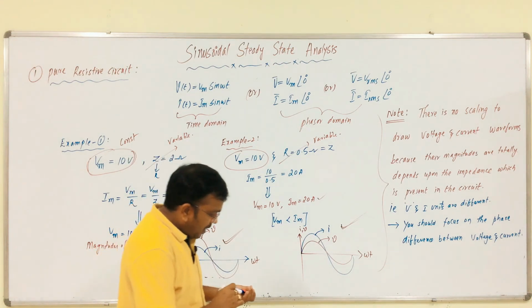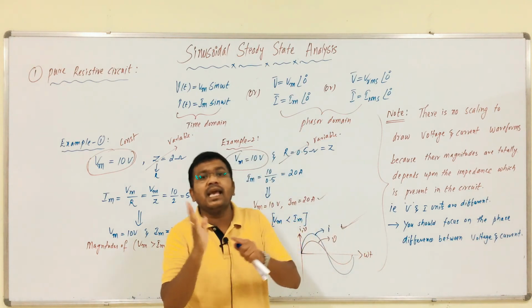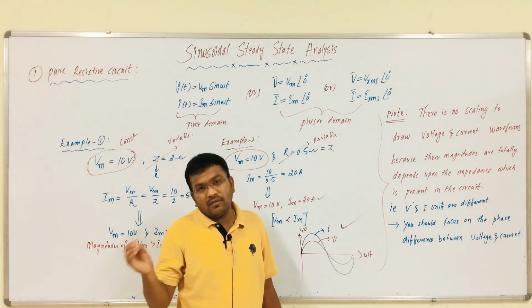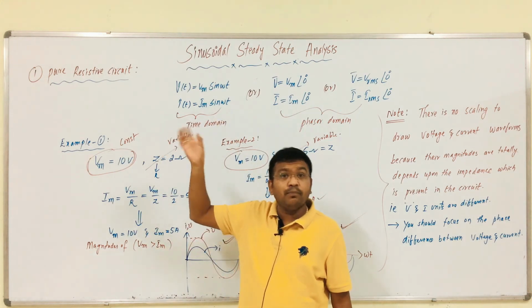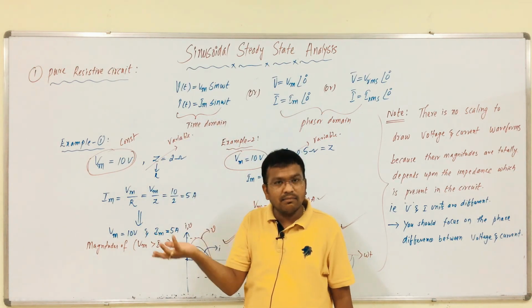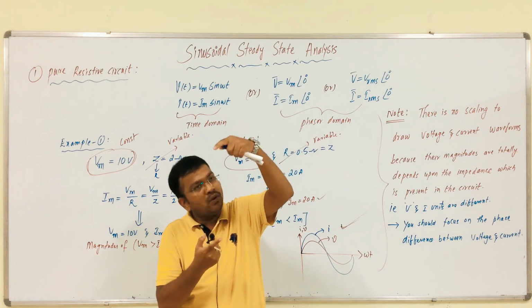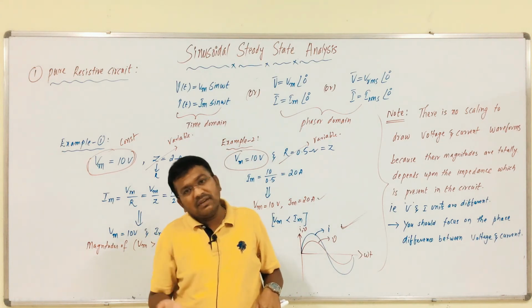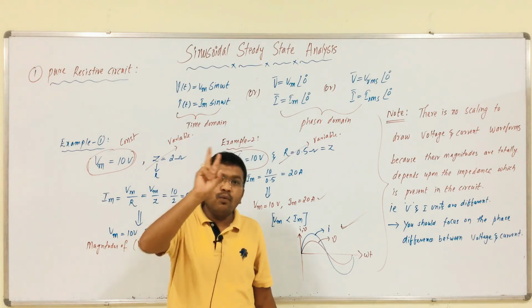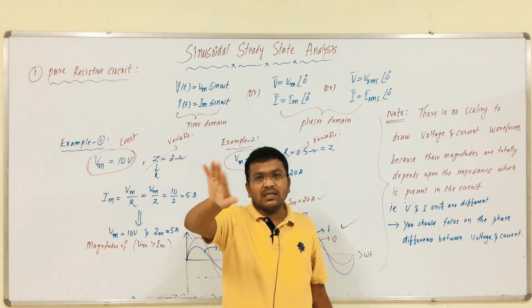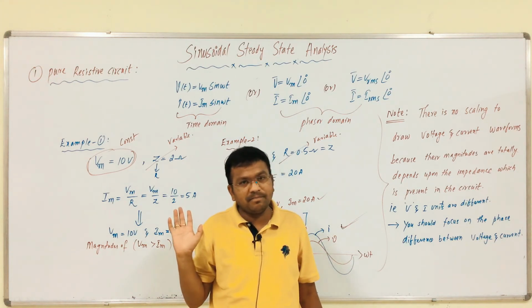Clear? So, if we consider a pure resistive circuit, for that pure resistive circuit we are providing AC excitation. Clear? For that the voltage is what? Vm sin omega t. So, here the circuit is what? A pure resistive circuit, therefore Vm by R is nothing but Vm by Z, the maximum value of current. So, between those two quantities, voltage and current, there is no phase difference, that is 0 degrees phase displacement between voltage and current. Therefore, both the voltage and current phasors are in phase with each other. Okay, this is a very important point.